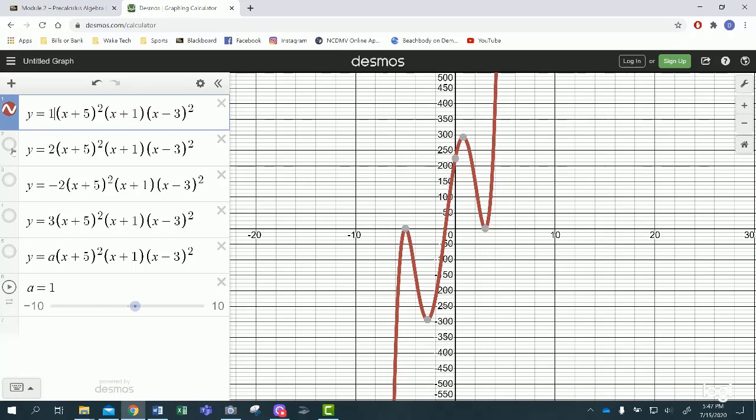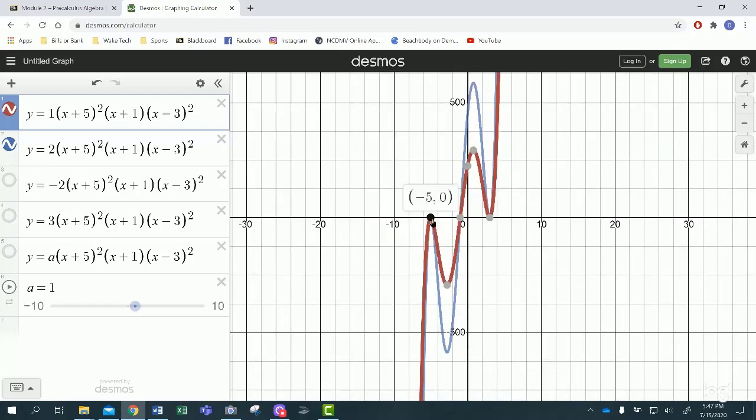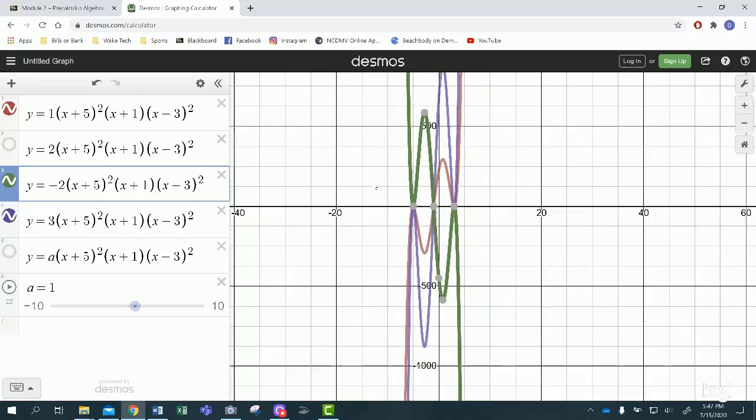Okay, this is what it looks like if a is 2. It has the same zeros, but it's a completely different looking graph because it got vertically stretched by a factor of 2. This is what it would look like if it had a value of -2, another different graph. This is what it would look like if it had an a value of 3,